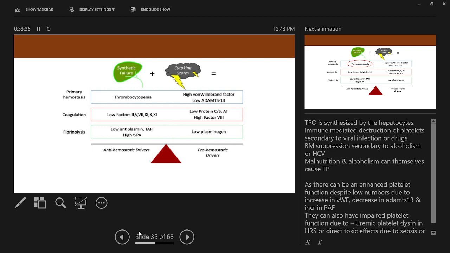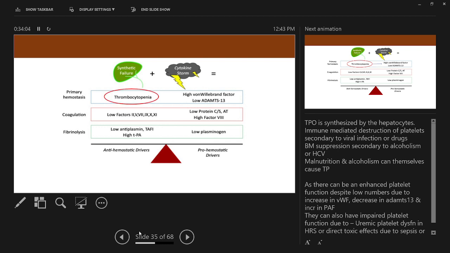So there are both anti-hemostatic drivers and pro-hemostatic drivers, which leads to a tug of war in a cirrhotic patient. The anti-hemostatic drivers present in cirrhotic patients are thrombocytopenia, low coagulation factors, all except factor 8, which is important to remember, and low levels of antiplasmin, thrombin activatable fibrinolytic inhibitor, and high TPA. Whereas pro-hemostatic drivers are high von Willebrand factor, low ADAMTS13, low protein C and S, low antithrombin, high factor 8, and a low